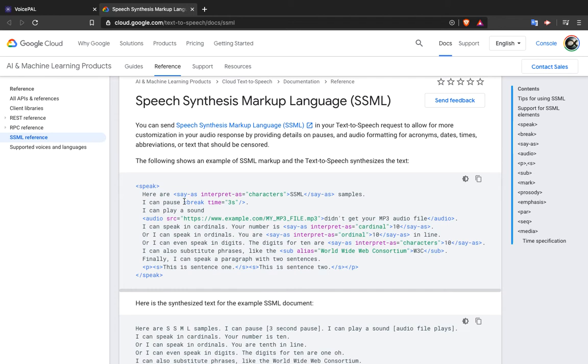The next setting they have added is about adding a break time. If you want to add a pause of 2 seconds or 3 seconds somewhere, then you can do it using this break tag in your text. Whenever you use this break tag, the program understands that we need to add a 3 second pause over here, and the output will have a 3 second pause between those two sentences.